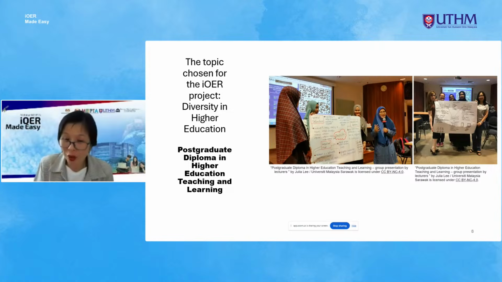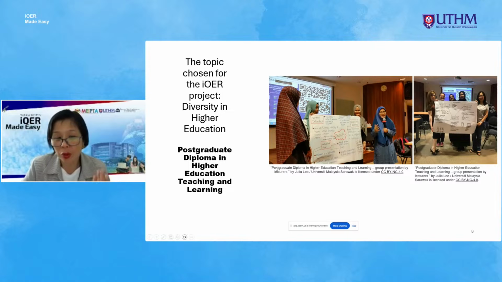So when we do the iOER, we become very cognizant and we take a step back and ask, oh, I have all these beautiful images. How can the person with visual impairment then follow my notes? This is a very simple question. So this is the way to do it: to do proper labeling of the images that we add and to be very careful not to add images that are